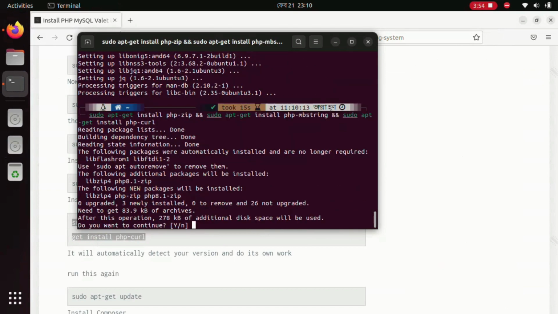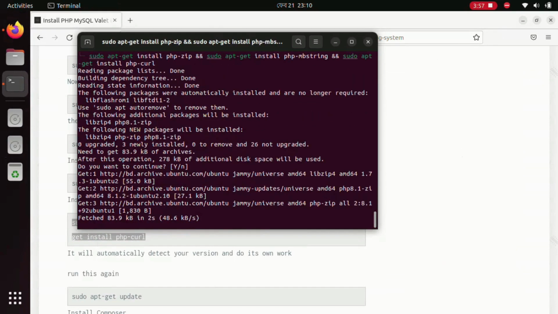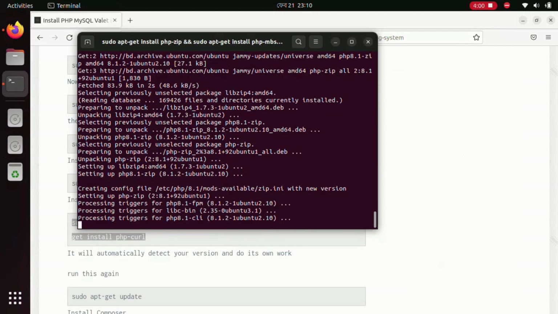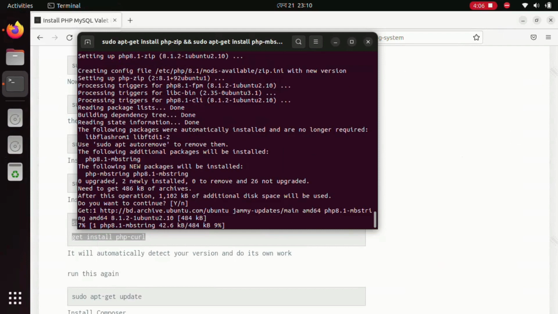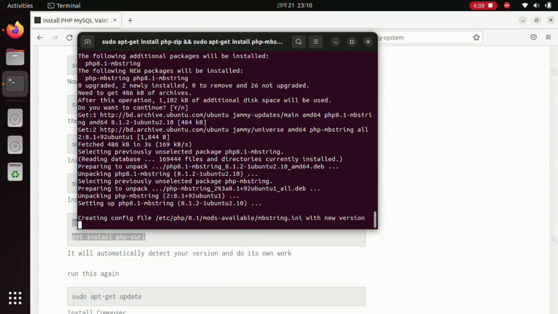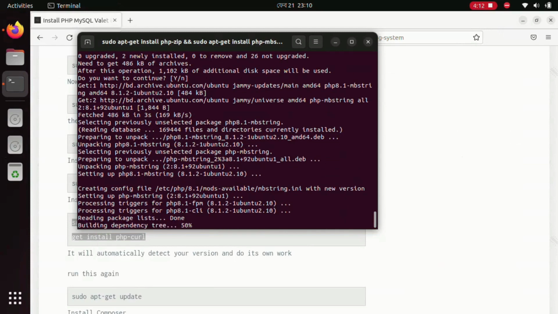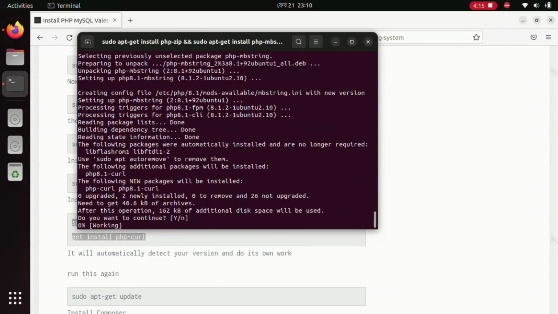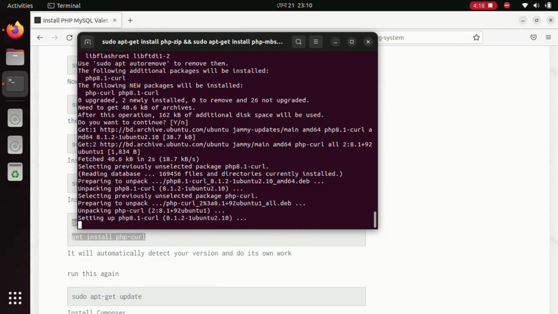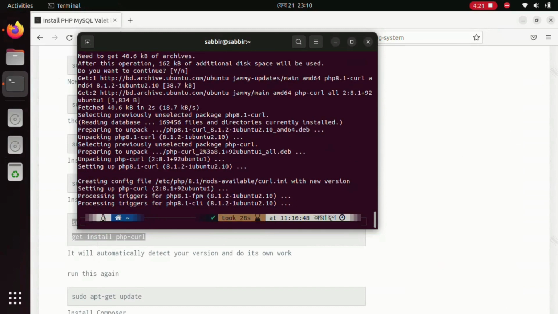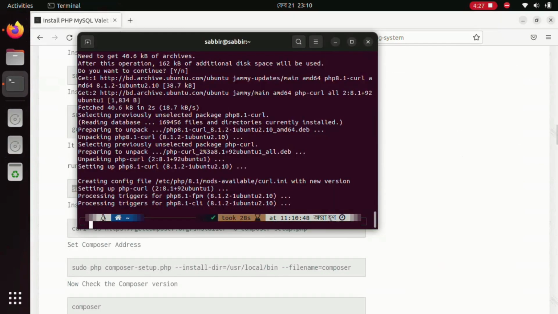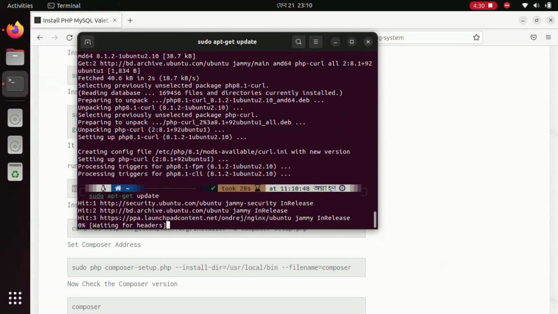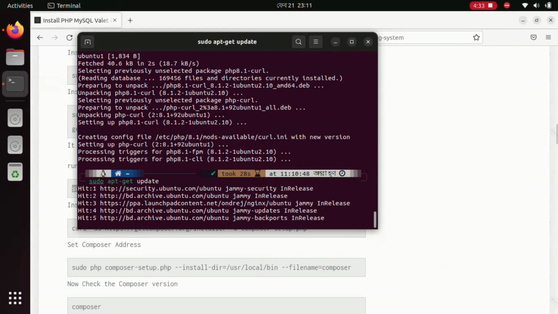It will automatically detect your version and do its own work. And now run this update command. You can skip this time, but I will run this to update the packages